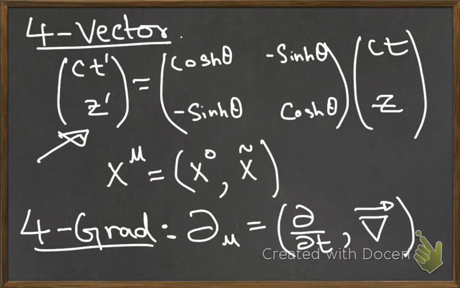Now let's take a dot product of this 4-gradient with itself, and to do a dot product, we need to call upon the metric, and the metric is g mu nu in superscript,